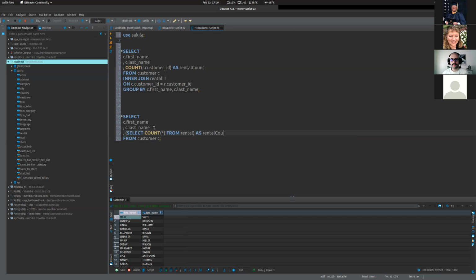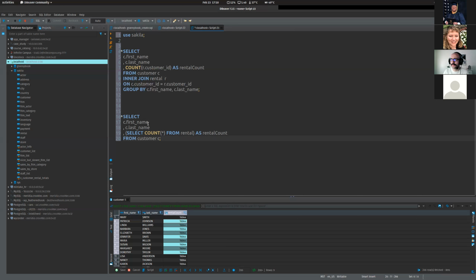Let's call it rental count. Now, when I run this, everyone's going to have the same number of rentals, right? That's a very basic single row subquery that returns one column. That's one of them. Now, if we want to correlate this, because really what we want is the